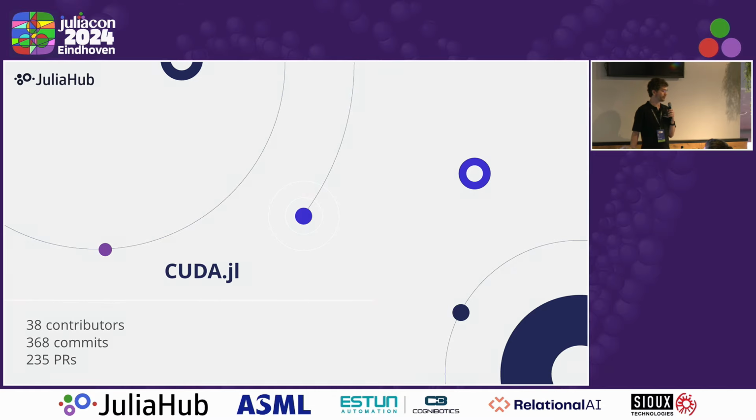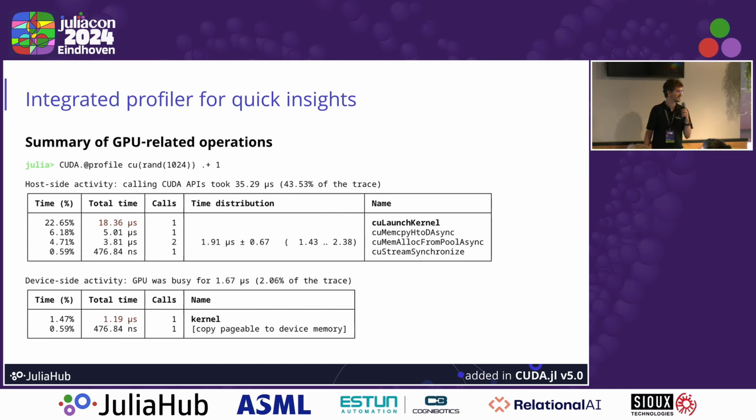There's been plenty of versions, and I'll give a brief overview of the highlights, especially to an HPC audience or a performance-focused audience. And personally, I think that the profiler that we added, the integrated profiler, is one of the most interesting additions to the package, because it allows you to gain quick insights on the performance of your application. It can be an entire GPU application or just a single GPU kernel. You can just put CUDA.@profile in front, and you'll get a summary of the GPU activity on the device, as well as the activity on the CPU that's